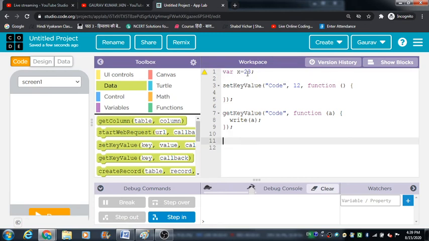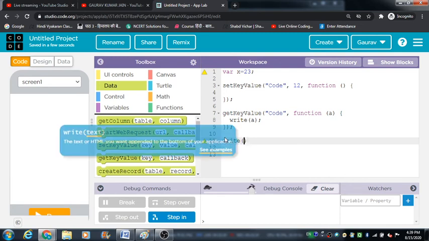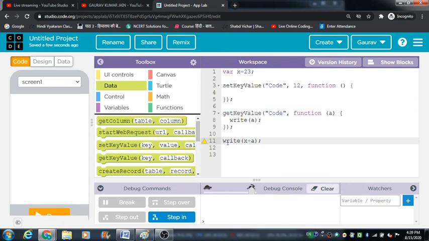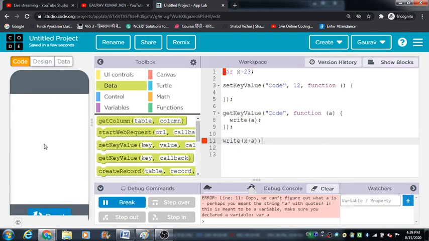And what I want is to find out the sum of this variable x and the value of this variable a. Can I do it like this? Let us just check that out. If I write a code like this, will it be possible for me to find out the sum of 23 and 12? So what is the expected output? The expected output is 23 plus 12, it is 35. So let's see whether we'll get 35 or not.